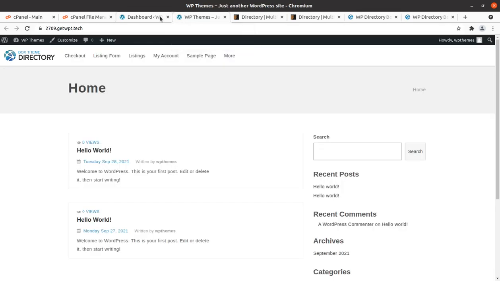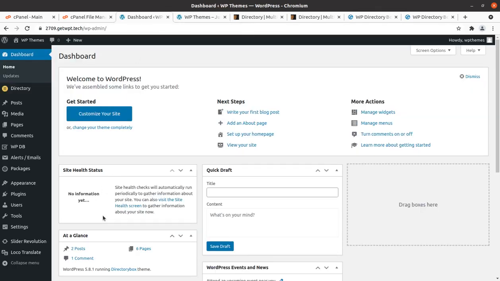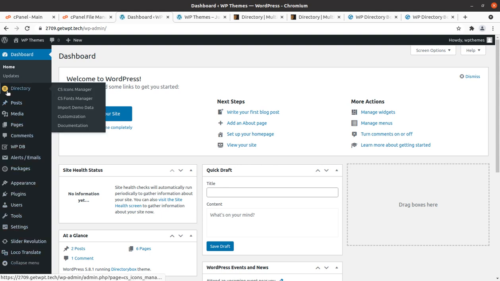So let us proceed towards the demo content import, and after that I'll show you all the functionality and features in short that we got in this installation. The demo content import is under the Directory tab, and the import demo data option is here.